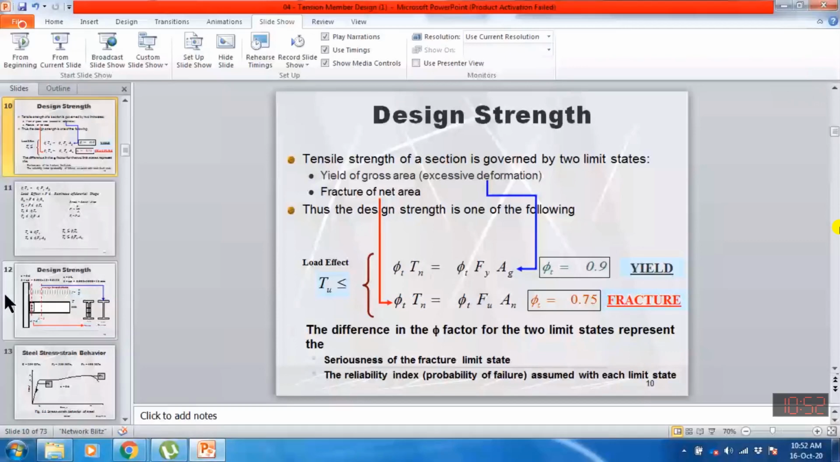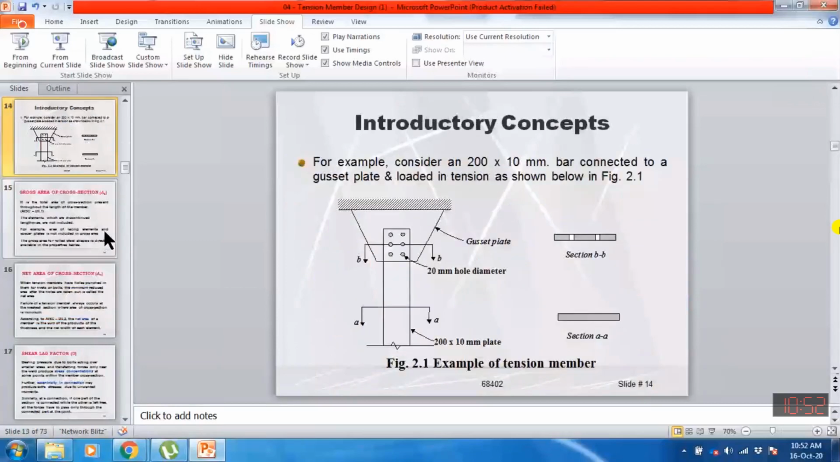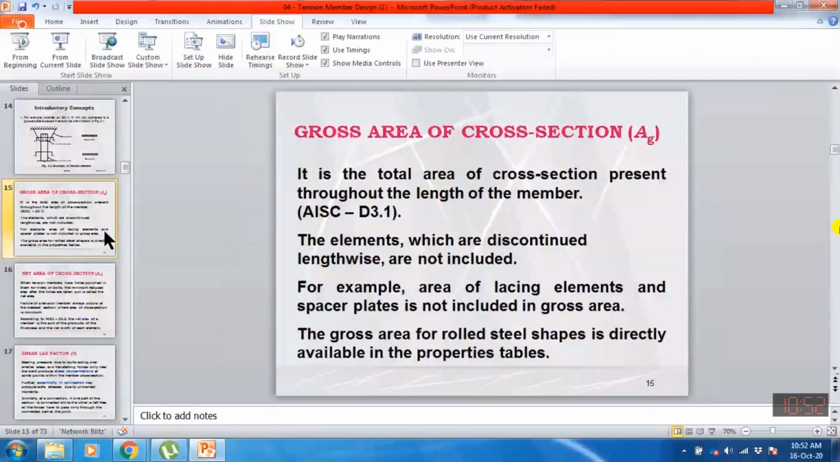Now I will explain what the gross area is. It is the total area of cross section present throughout the length of the member. Total area which is present throughout without punching any hole. The elements which are discontinued lengthwise are not included. For example, the area of lacing elements and spacer plates is not included in the gross area. So here, how can I say that